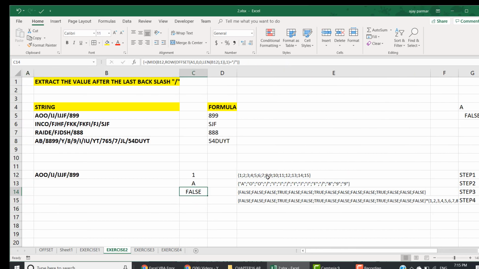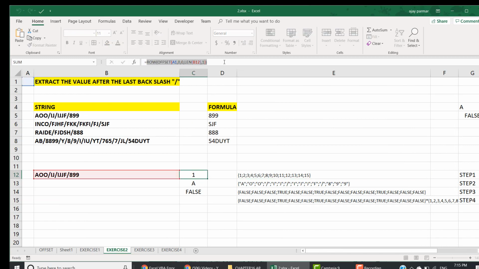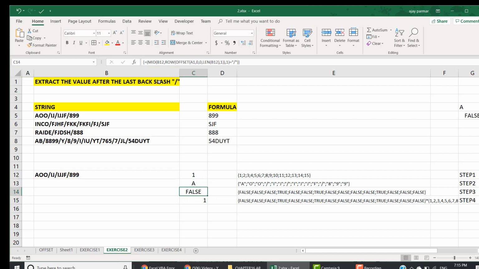You already know how to create this array 1 2 3 4 5 6 7. This is the array we have created. So now I copy this and press Control V, press Control Shift Enter, and then copy this other array as well. I'm writing all this step by step, but you can do this in one formula also. So you write this multiplied with this array. For your clarity, I'm going to put the open and close parentheses here. Now I press Control Shift Enter, and let's check the output.